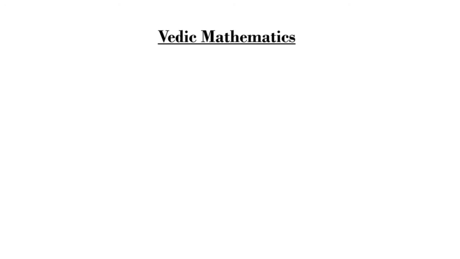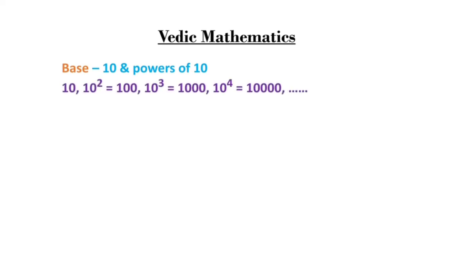Before proceeding to find the squares, we will see a couple of terminologies used in our calculations here. This we have already seen in our previous video, keywords in Vedic mathematics. The link is given in the iCard, please have a look at it. Base. To make calculations easy, 10 and powers of 10 are referred to as the base numbers in Vedic maths. So 10, 10 square is equal to 100, 10 cube is equal to 1000, and the fourth power of 10, that is 10,000, are the base numbers.